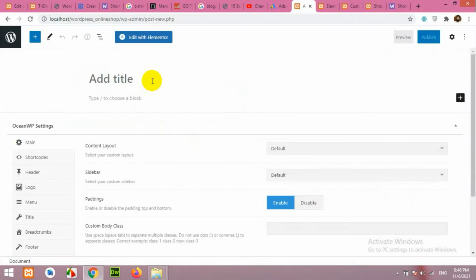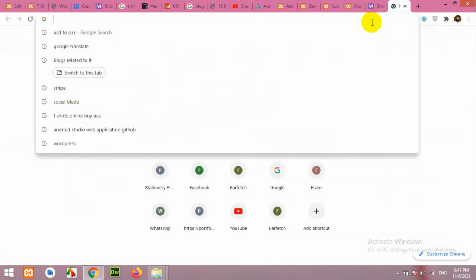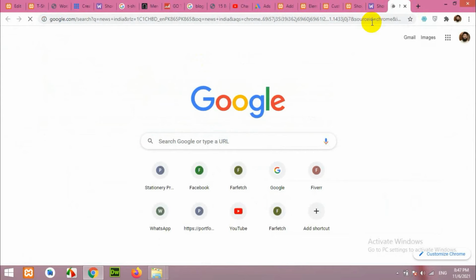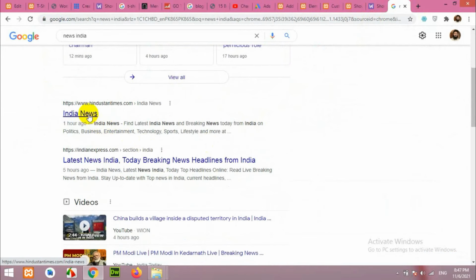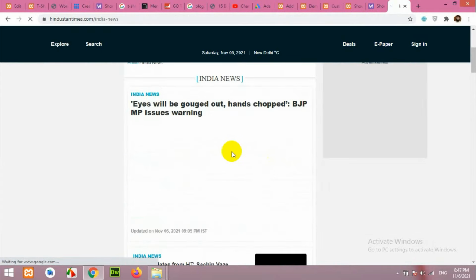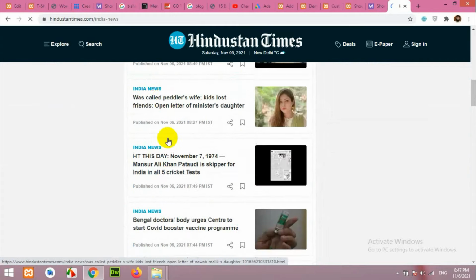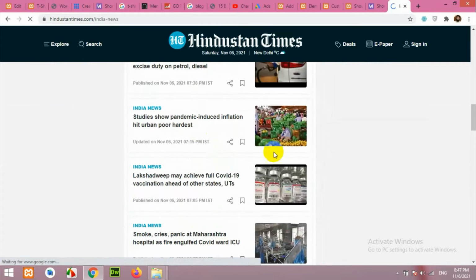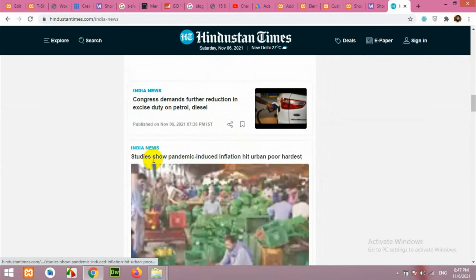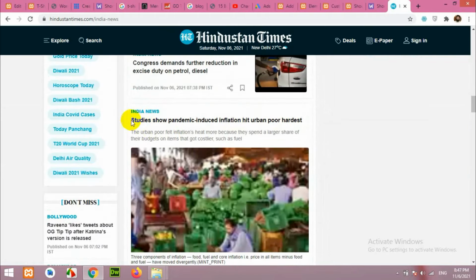Now for blog, we will add our first blog. This is a news title, or from wherever you want to grab the news. Let's say we are grabbing news from News India. Let's open the Hindustan Times and we will add a new post from here. Let's say we are opening this first news, or let's say about studies. Okay, let's copy the title of this post, copy,